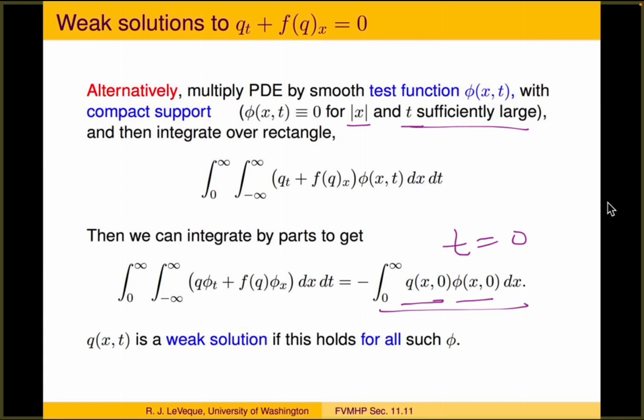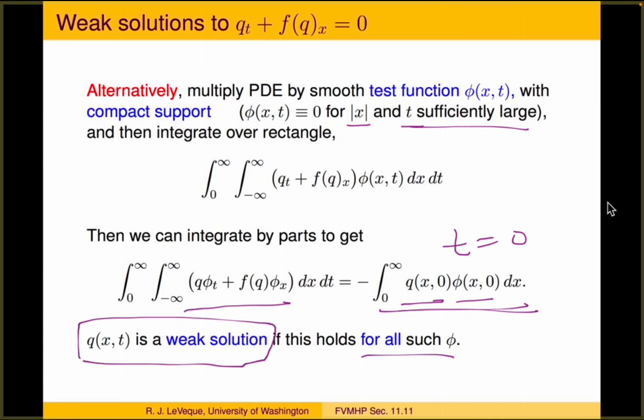But now this form of the conservation law says that no matter what test function we take, if we take any test function phi that satisfies these conditions, we can test whether q times phi t plus f of q times phi x integrated over this domain is equal to this integral based on the initial data. And if that's true for all test functions that have compact support and that are smooth enough that we can differentiate phi with respect to x and t, then we say that q of xt is a weak solution of